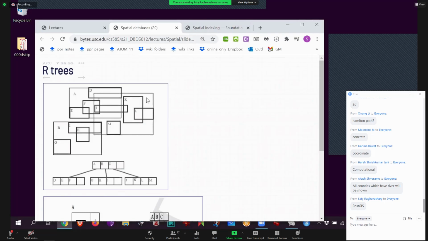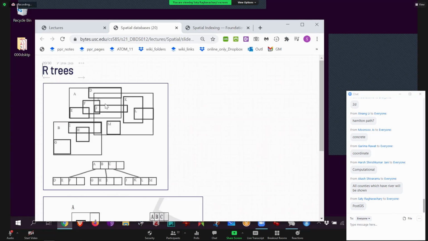The idea would be that you are standing here, and they say among all these leaf buildings, which one is the closest to me? So I take my point right there, I plug it in A, and I say, is my point within A? The answer is no, so I don't have to look at these at all. Wow, cool, right? I'm definitely not within B at all, so don't even bother with that. But now I'm in C. Wow, now I have to look at it. And so who are all within C? J, K, L, M. Then I have to do a distance calculation with J, K, L, M, only 4 calculations. And then I'll probably find that L is closest to me. I would output that. So from all those calculations, I'm now down to just 4 calculations in this simple example.